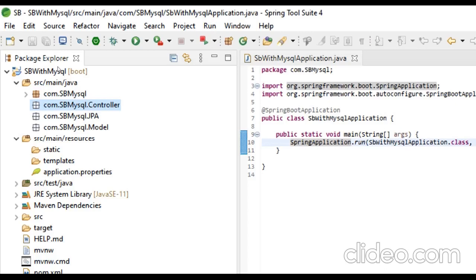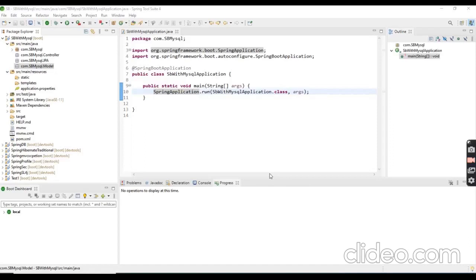Let's create the model object first. We already know that the model object is going to represent an object which is going to be saved into the database. Whenever you add the entity annotation, Spring Boot simply recognizes this class as a model object which is going to be saved into the database. Let's create a model class.